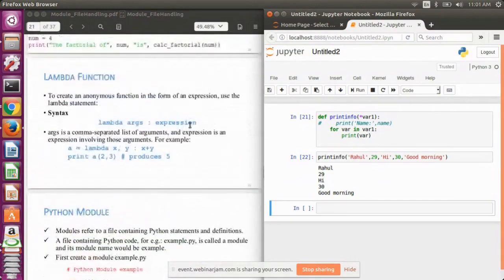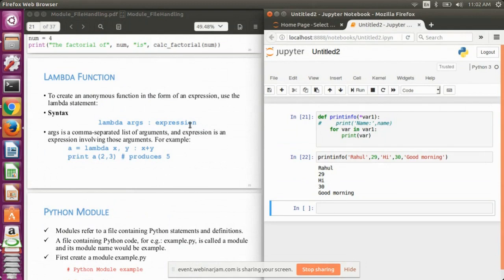Now the next thing is the lambda function. A lambda function is a kind of syntax for defining a function that has been taken from the JavaScript programming language.